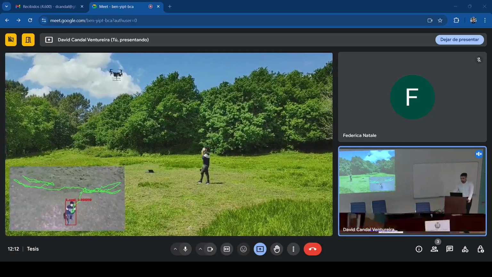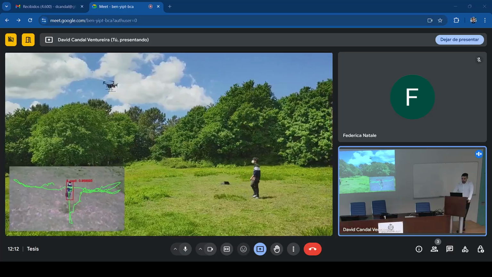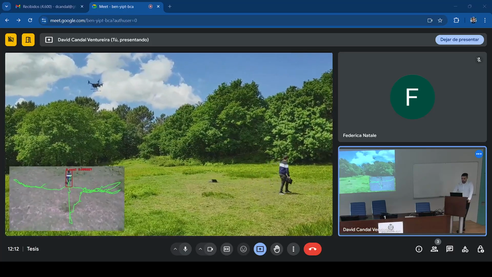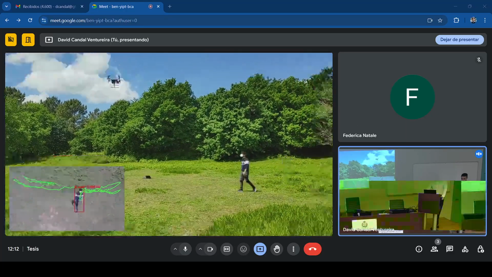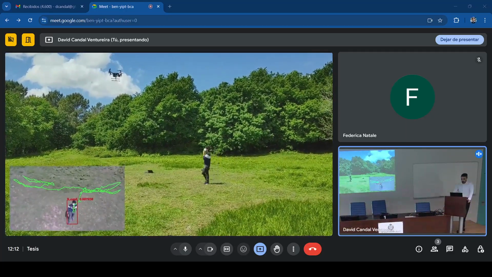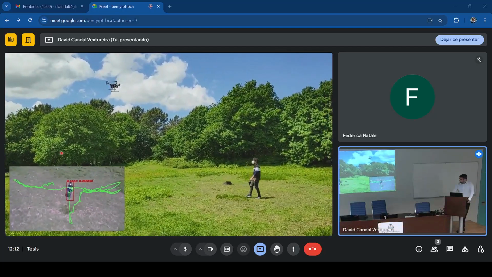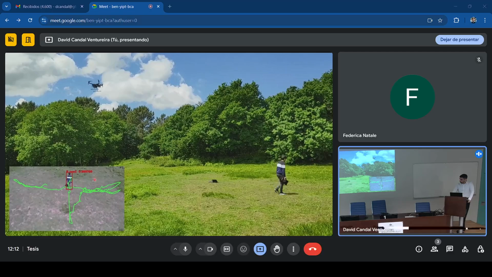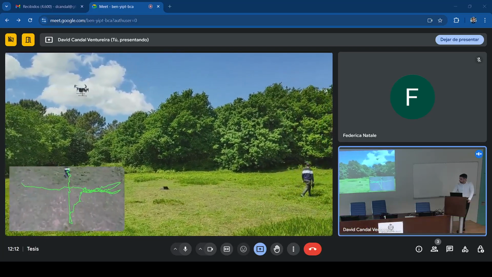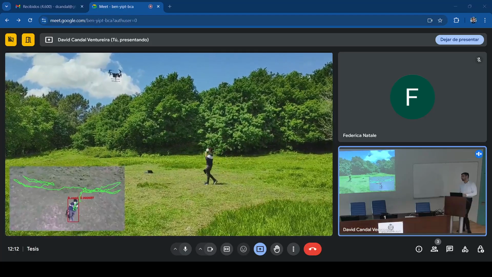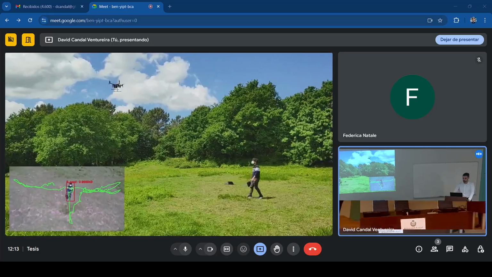To this end, we developed an application for remotely controlling a drone. The application uses deep learning to recognize and track a person using a camera embedded on the drone, and uses the position of the person in the frame to determine how the drone should move. In this test, we recorded the image that was captured by the drone, and here we print the information generated by the drone about the position and how the user is being tracked by the drone.